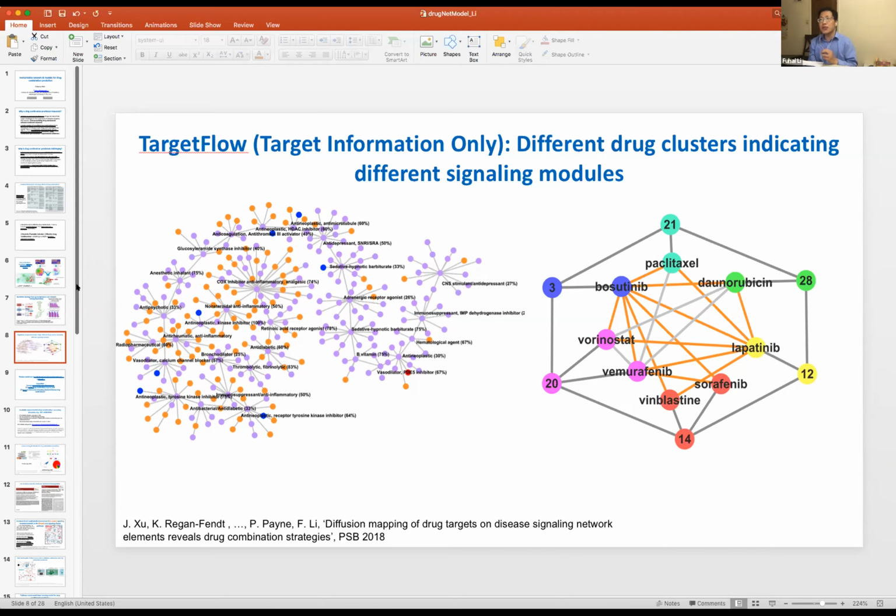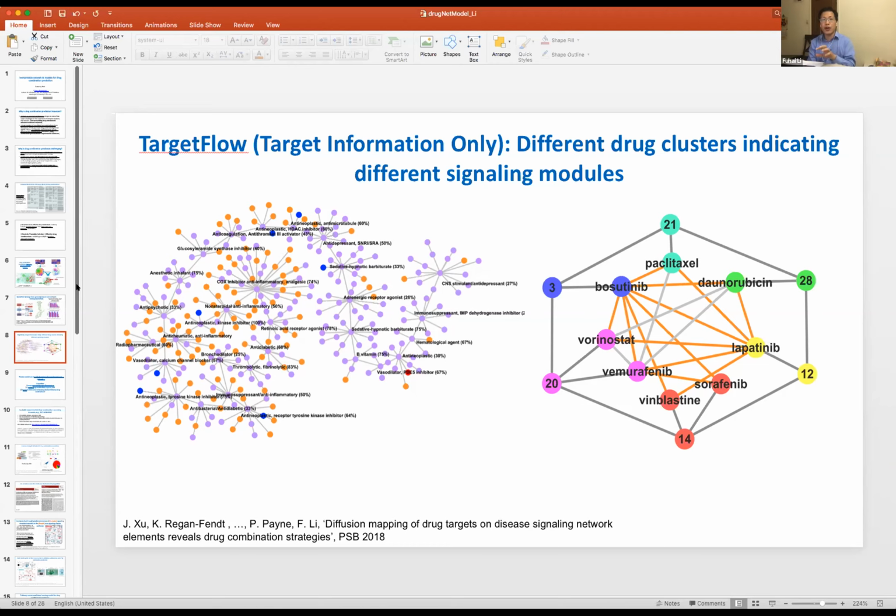For example, in this work, just based on the target. Because for many drugs, CMAP is a good data resource, but for many investigational agents or FDA products, they don't have these genetic response profiles available. So we want to see whether we can just use drug targets to cluster these drugs into different modules. And then we pick individual drugs from different drug clusters to form drug combinations,